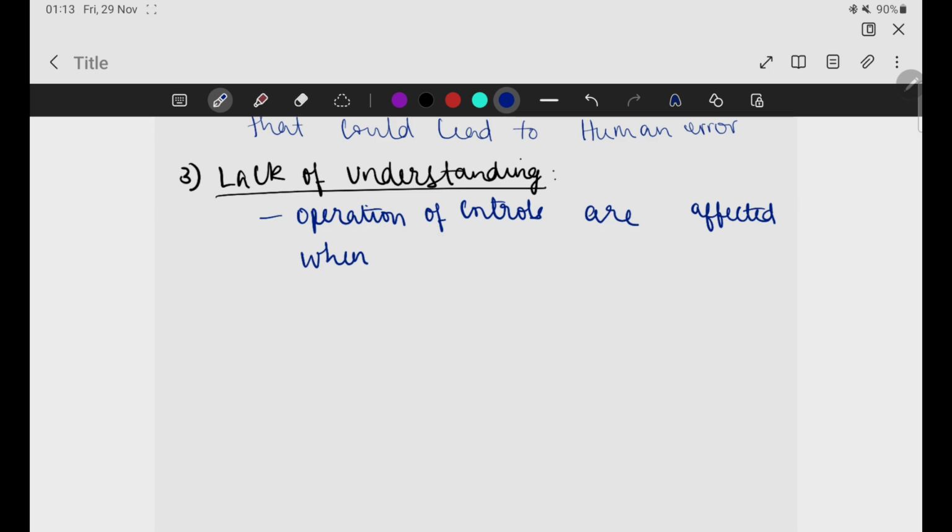Basically I'm not writing the exact same thing, right? I'm writing whatever is acceptable, right? Operation of controls are affected when the individual having the information